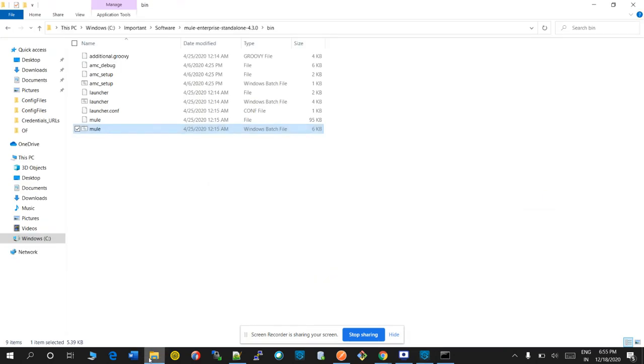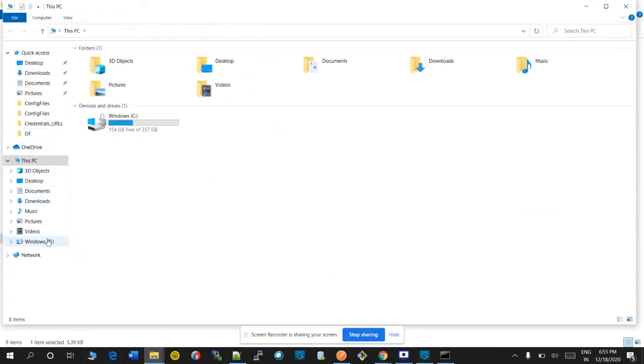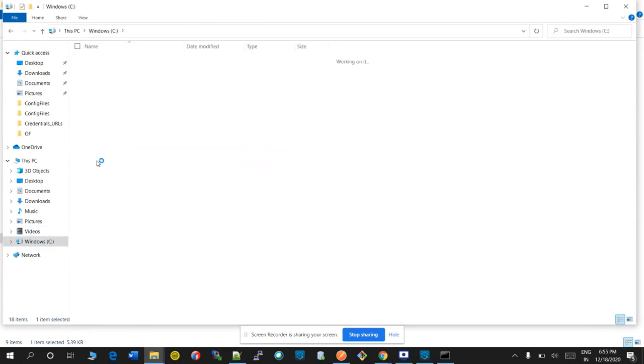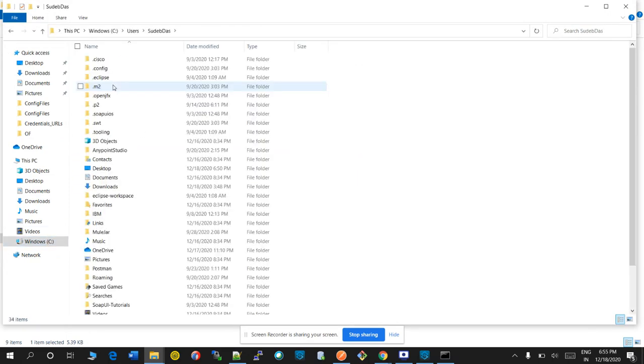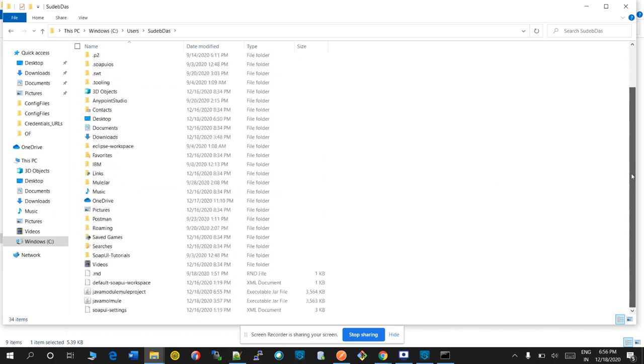Successfully exported. Let's go to this folder, go to C drive, user. This is the exported file. If you want to deploy this jar, you can simply copy this jar.